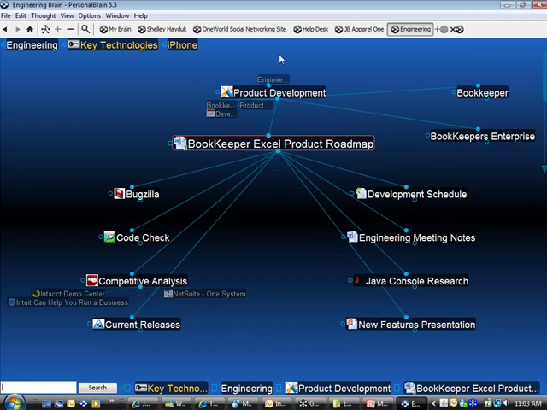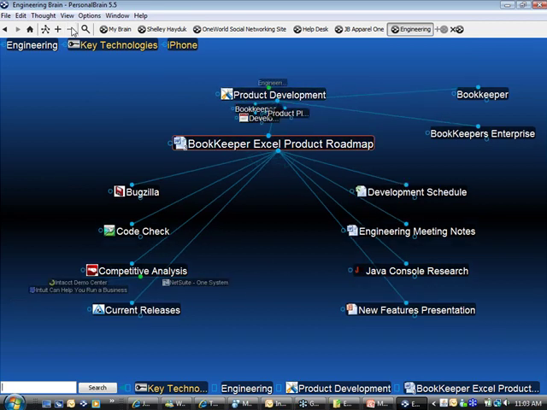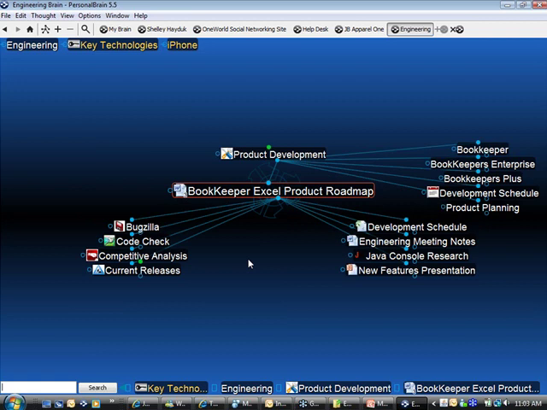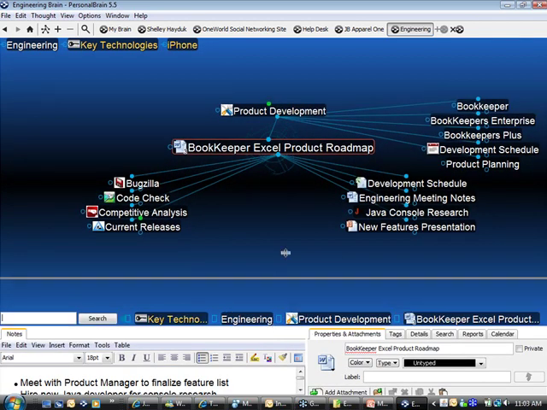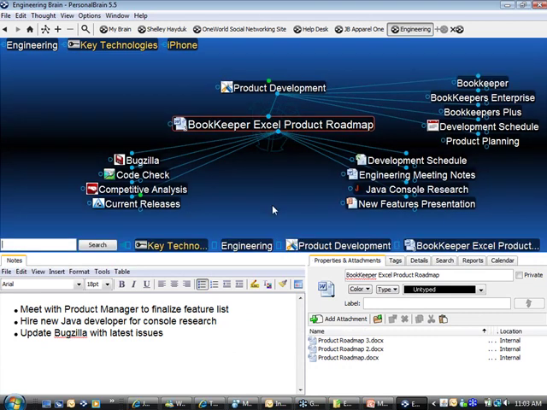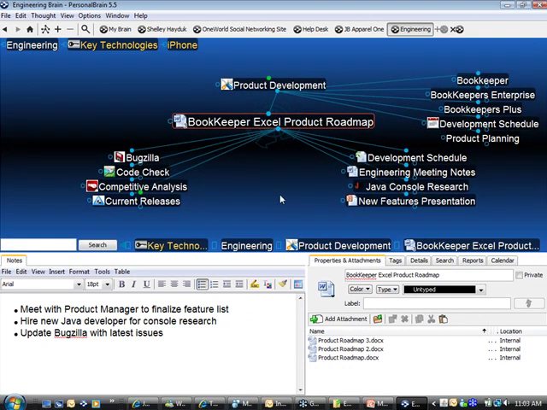Now you can see I've got my thoughts spread out a little bit in this view. I've got my distant thoughts turned on. I can go ahead and shrink that down to sort of our standard view, and even pull up our properties and attachments area so you can get the view that you most likely would be working in on a daily basis. So when I've clicked on this product here, that brings up all relevant